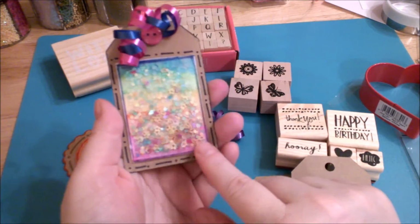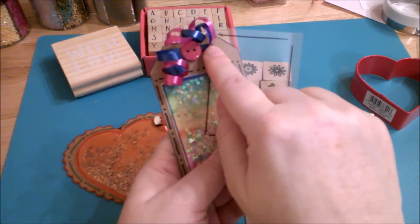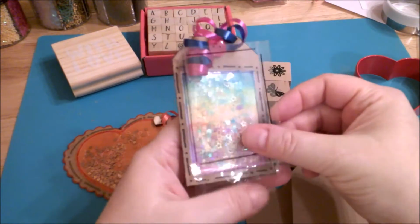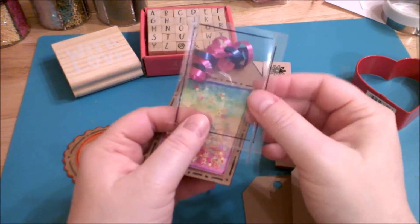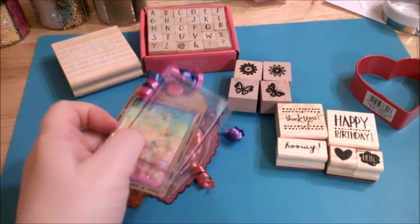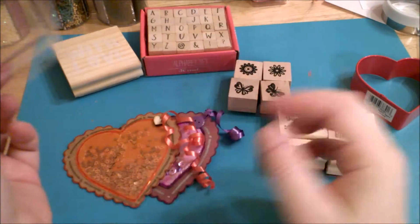Now what I did here on this little plastic piece, as you can see here, I just drew the lines, so I made sure I was within these black lines, so I knew how big I needed the square to be on here. I made sure I didn't seal the square past where I drew the black lines. So that was just an eye marker for me. And so what I did